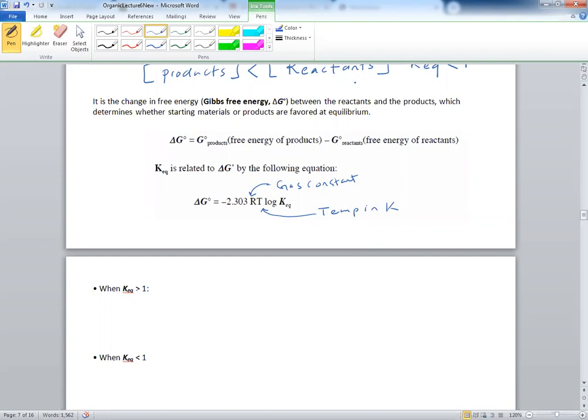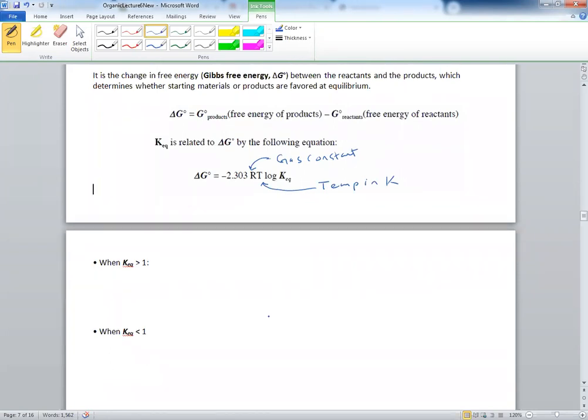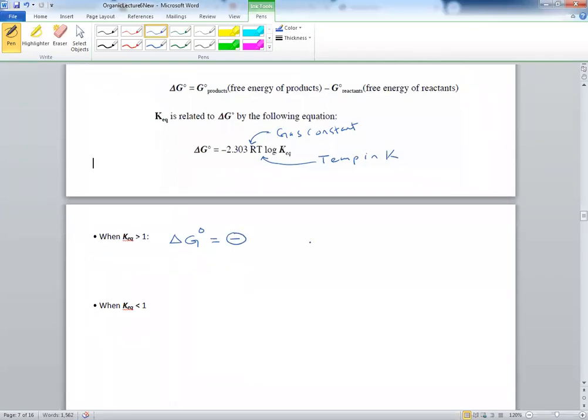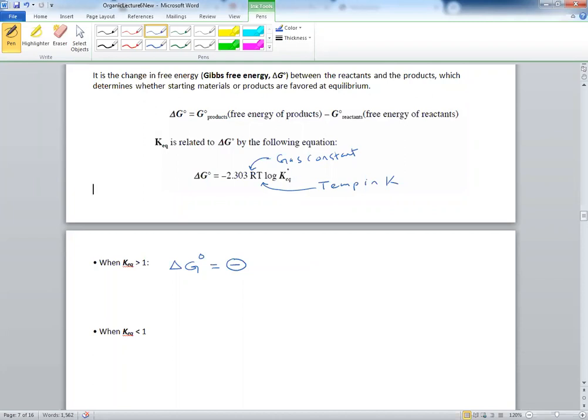So then the following would happen if KQ is actually bigger than 1. If KQ is bigger than 1, then delta G becomes negative. Now, if you don't agree with me, all you have to do is plug in KQ, let's say of 2 or 3 or 4 or 5, etc. And that would give you a delta G of a negative. And this means the following: